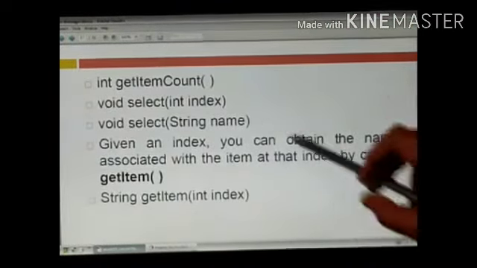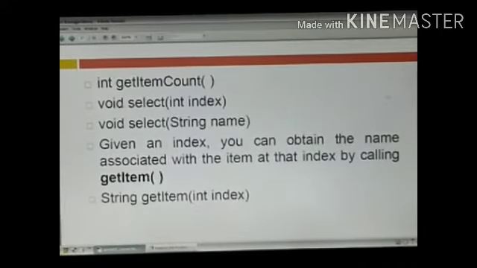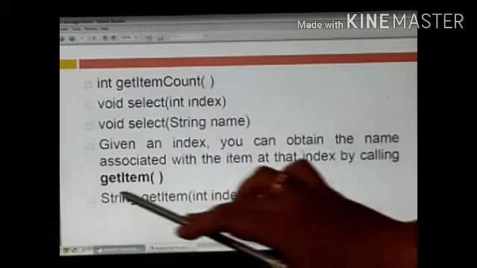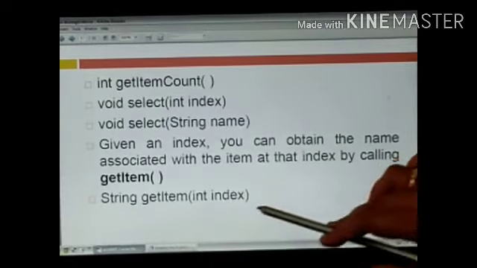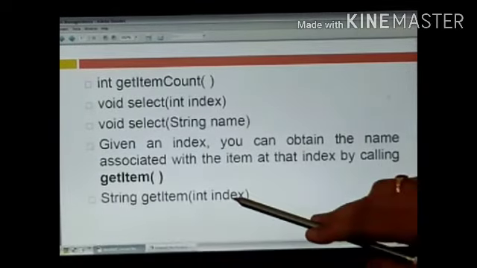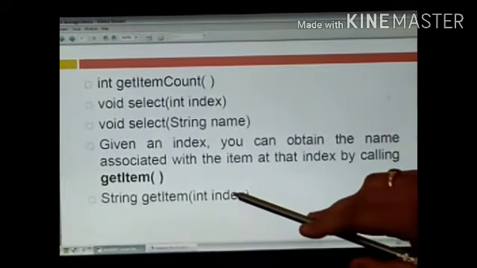Given an index, you can also obtain the name associated with the item at that index by calling getItem. String getItem(int index). If I write this method, it will return the label belonging to this index.